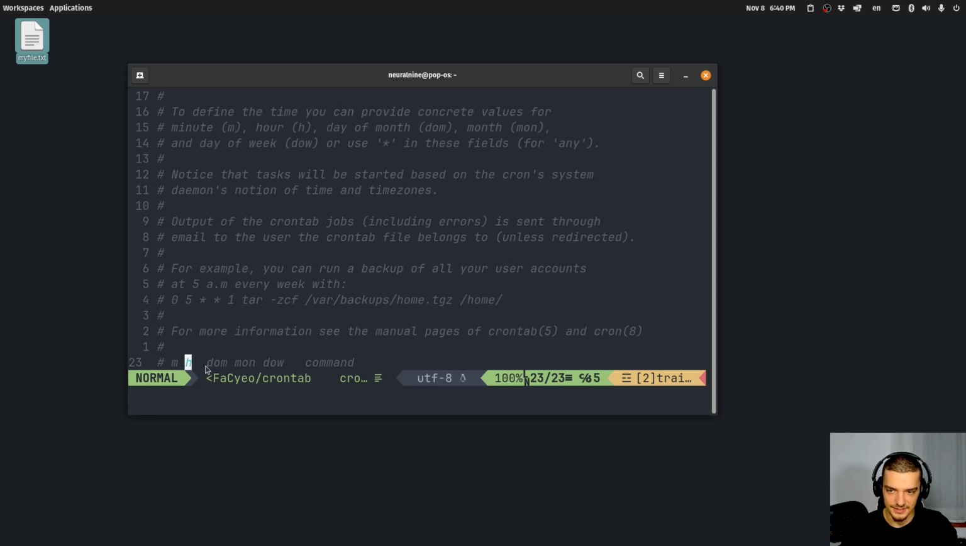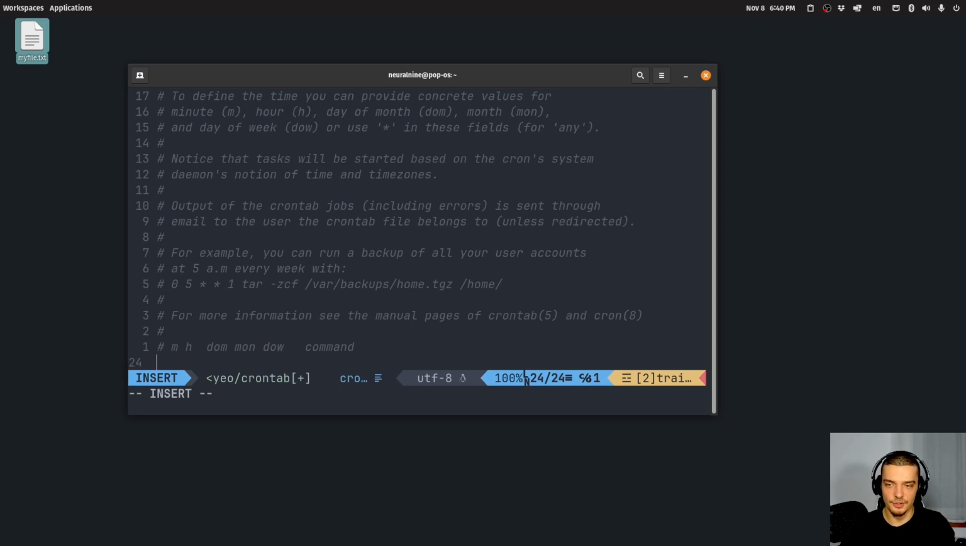You have minute, hour, day of the month, and day of the week, and then you have the command. If you don't want to specify a specific value for one of these things, you can just provide an asterisk, a star symbol. So if you provide 5 asterisks, this basically means every minute, every hour, every day of the month, every day of the week. So it basically means every minute run this command